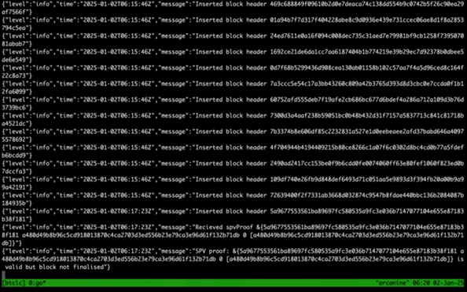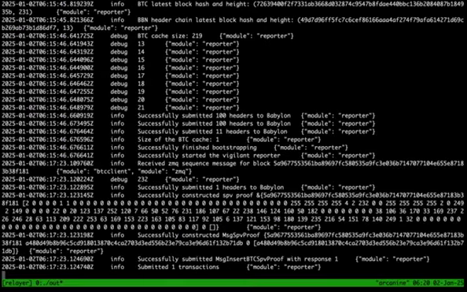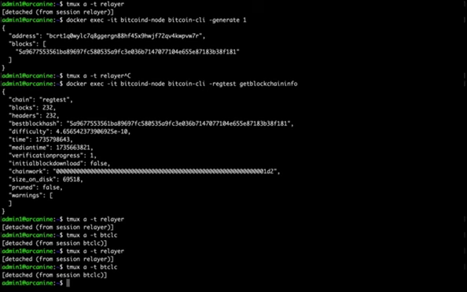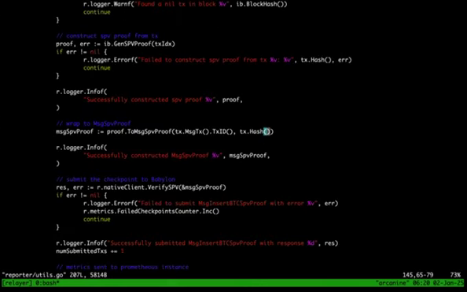Now we can do an example where we can, let's say, modify the Merkle path to create an invalid proof. So if there is an invalid proof sent by the relay to the light client, it should be able to detect that and say that okay, this proof is invalid, right? So let's see, let's first stop the light client, let's stop the relayer, and now what we can do is